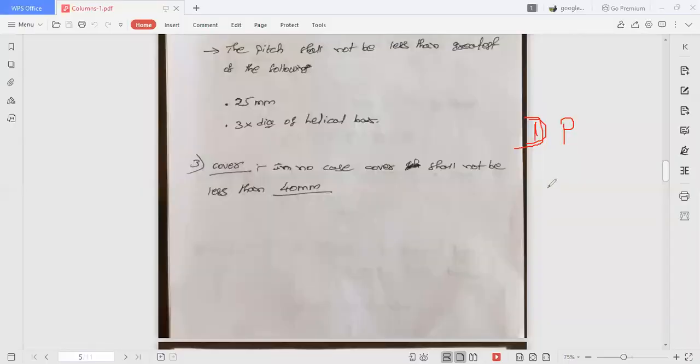So always we have to design the columns for factored loads. That's why check whether the given load is a factored load or a working load. If P is considered as working load, then you have to find out Pu. How to find Pu? Working load multiplied by factor of safety. The factor of safety for loads is 1.5. You know that, right? If this value is directly given in the question, then no need to do this calculation again. If the given load is factored, you can go ahead with the next step. If it is given as working load, then convert that into factored load by multiplying by 1.5. That is your first step.